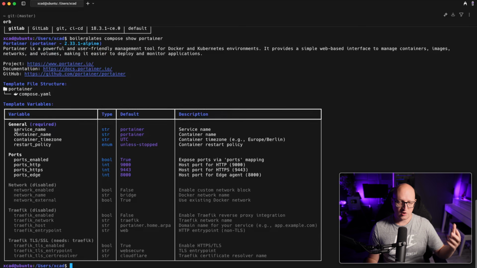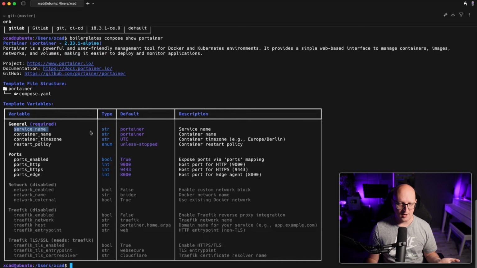Like for the compose module, there will be a service name that is by default set to the ID of the template. There is a container name that you can customize. There is a container time zone in this example, and some other settings like port exposure. Like this template requires 3 ports to be exposed, but there are also some disabled settings, so they are not